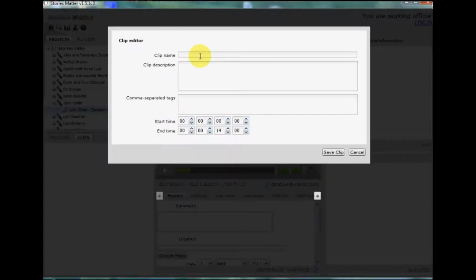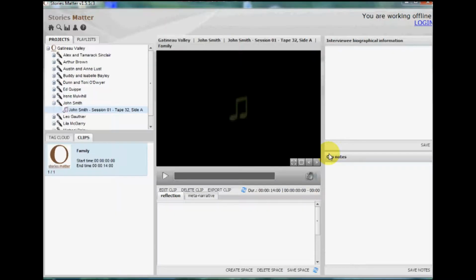There, give the clip a name, a description, which is usually a short summary of what is being discussed, and then some tags. And then click on Save Clip. Then you can go back to the session by clicking right here